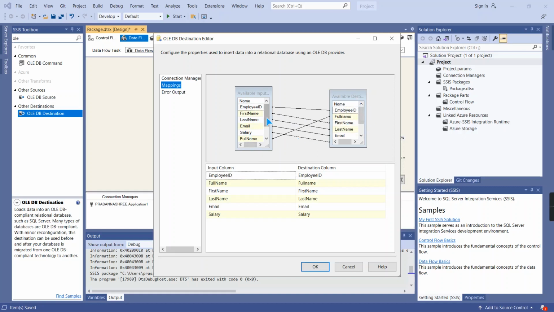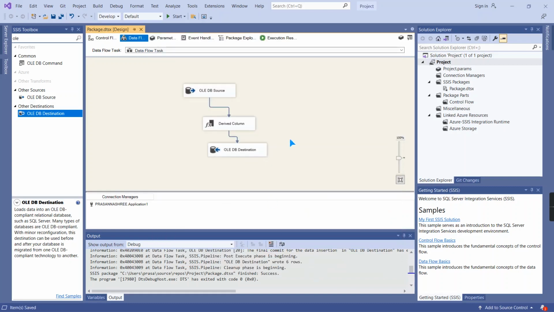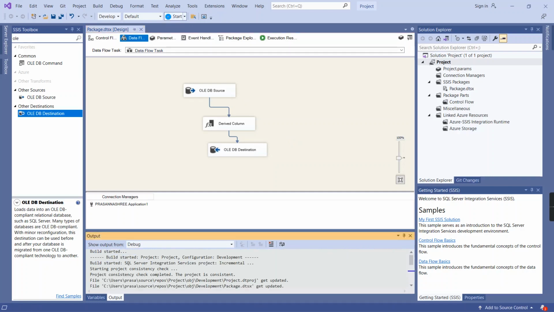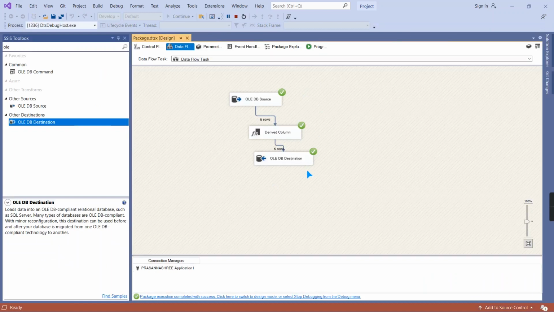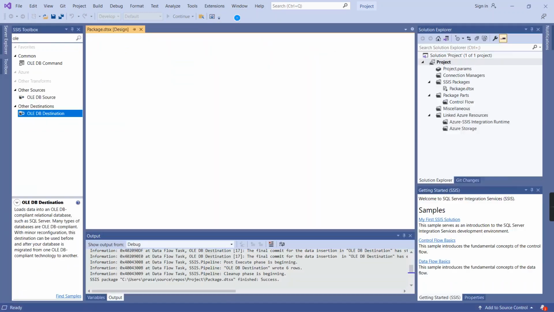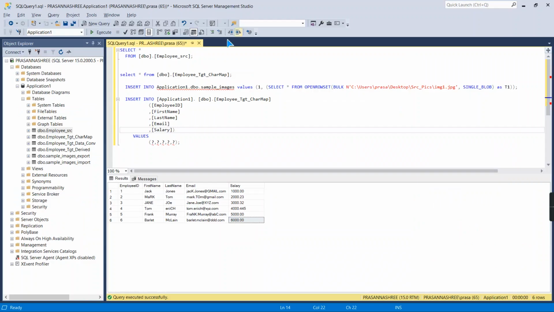So full name has been mapped correctly. Rounded salary not mapped. Okay, so we will change this to this. Give okay. Save. I'm going to start the execution of this process. So it got succeeded. We will check once the target database.